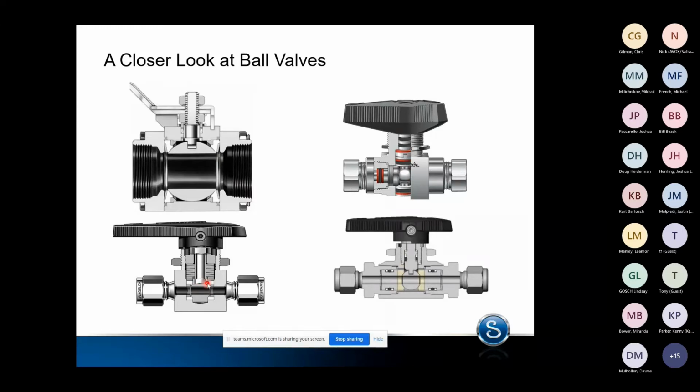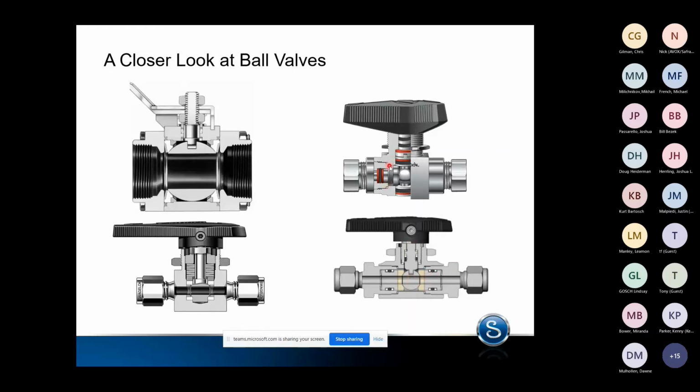So why are they different? Well, they're serving different functions. So you've got lower pressure valves that have simpler materials of construction, simpler packing designs. And then for our higher pressure applications, we have to do some redundant stacking of seals to make sure that at 6,000 PSI, at 10,000 PSI, we're able to keep this ball where it needs to be, we're able to keep the media where it needs to be, and we're not introducing a potential leak path through mechanical screw threads,